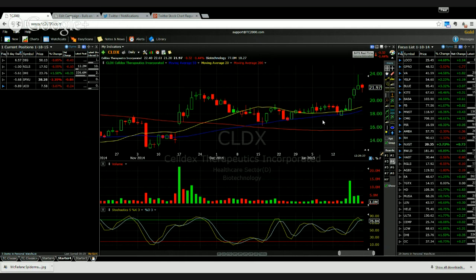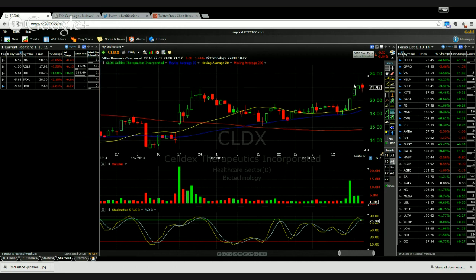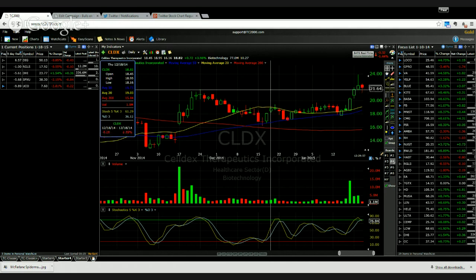Looks like we've had tests of the 50-day moving average. Another breakout here out of that extended range. Now it looks a little extended. Stochastics hit above 80, close to 90, and are pulling back down. We had that inverted hammer candle here, which signals a pullback. It looked like it was breaking out to new highs, and now is breaking down here. You can actually take a short position here if it closes below the old high,